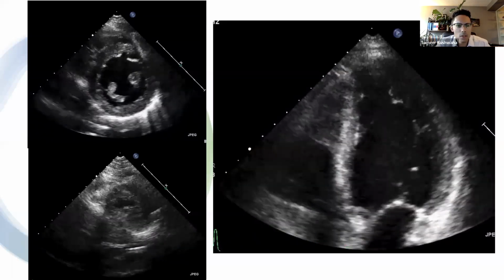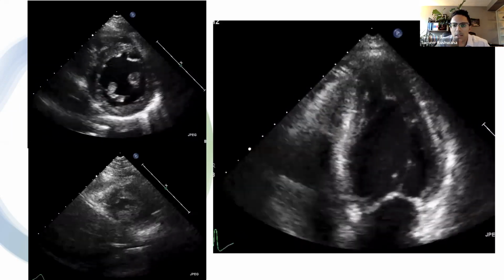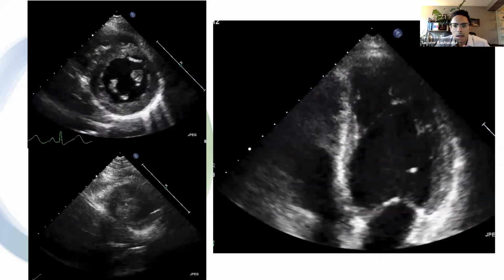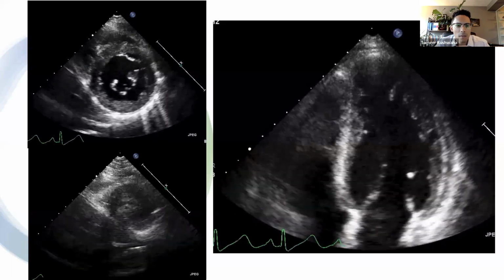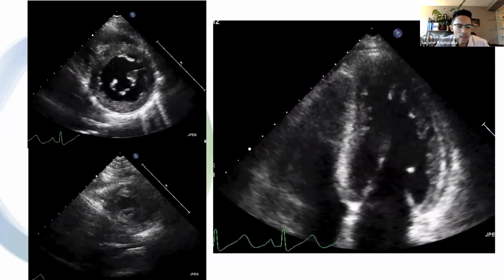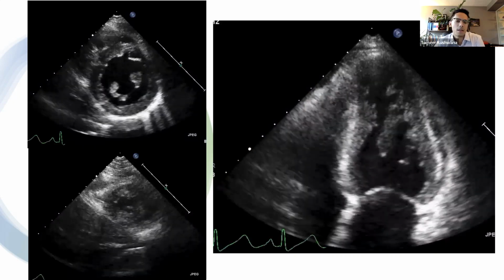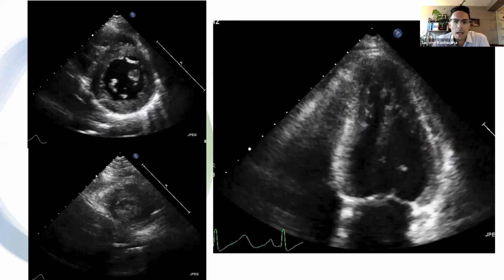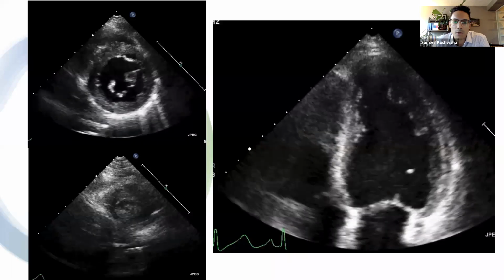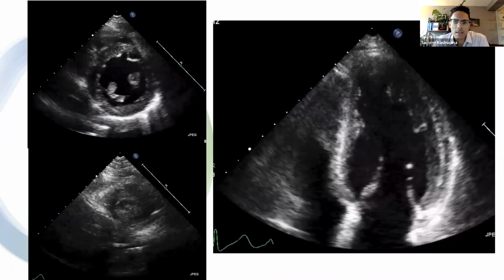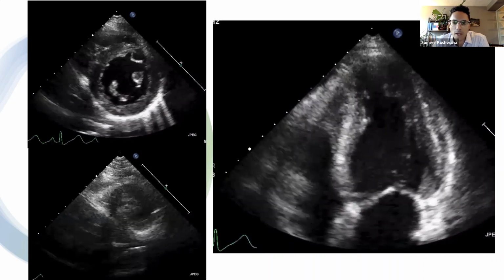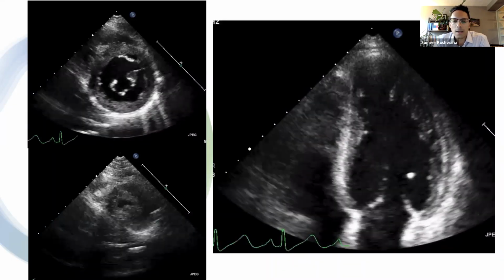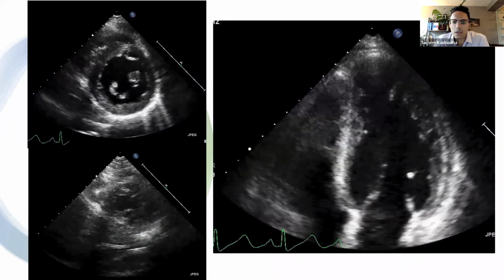And so I'll just go over this in the interest of time. So on the left side of this picture, we can see parasternal short axis view at the papillary muscle level, showing essentially hypokinesis in all of the wall segments. But then as we move down to the bottom left picture, which is taken in the short axis at the level of the apex, we actually see that the apex is contracting quite well. And then on the right side, we can see an apical four-chamber view, again showing that the left ventricle seems to be quite hypokinetic or akinetic at the base and into the mid portion, but the distal third of the ventricle still seems to be contracting normally or probably in a hyperdynamic fashion.